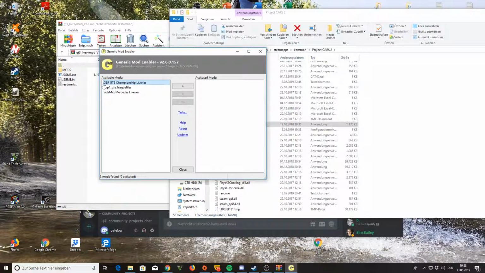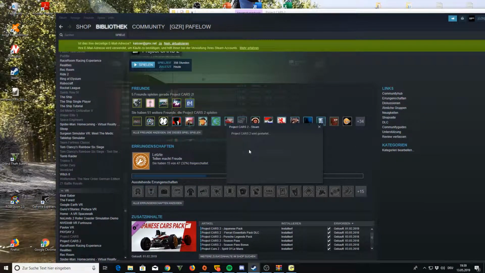So we click on our GZR GT3 Championship liveries and enable select module. Then it runs a short program, loads all those files into the game. This also takes a fair bit of time. And now we're done. Then we can go to Steam, open Project Cars,